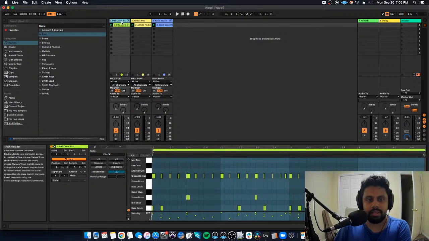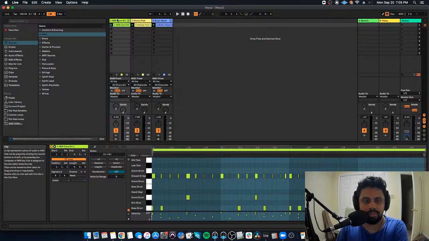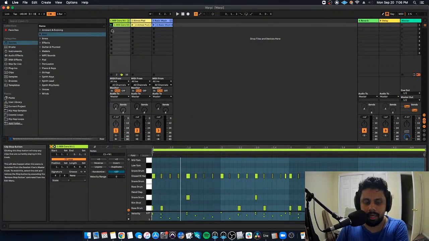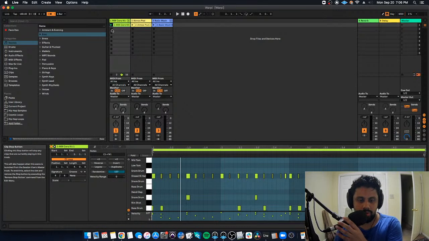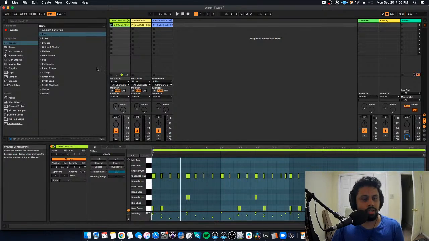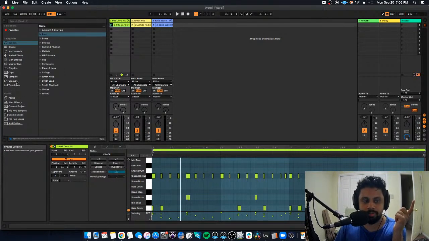We got some components here, and I'm going to take these drums and show you a little cool thing. So right now, these drums are pretty basic. Nothing wrong with them. They're pretty cool, but I just want to show you some ways in which you can get a little bit more creative in your songwriting. So if you go into Ableton, the browser, and you go into this section over here called Grooves,